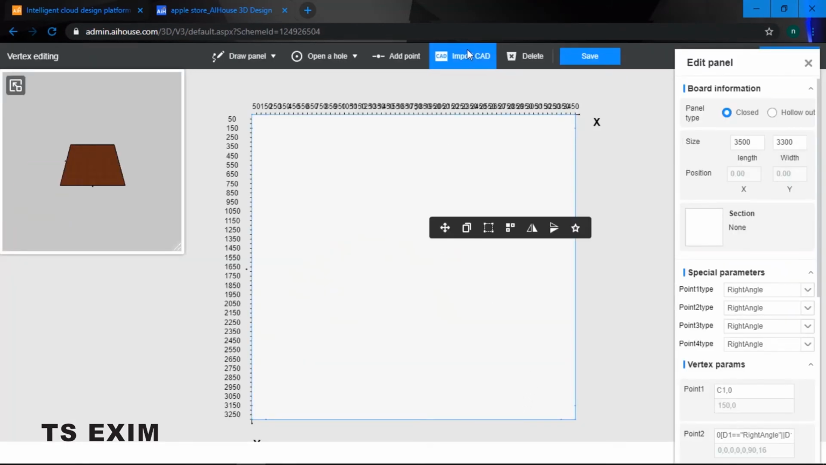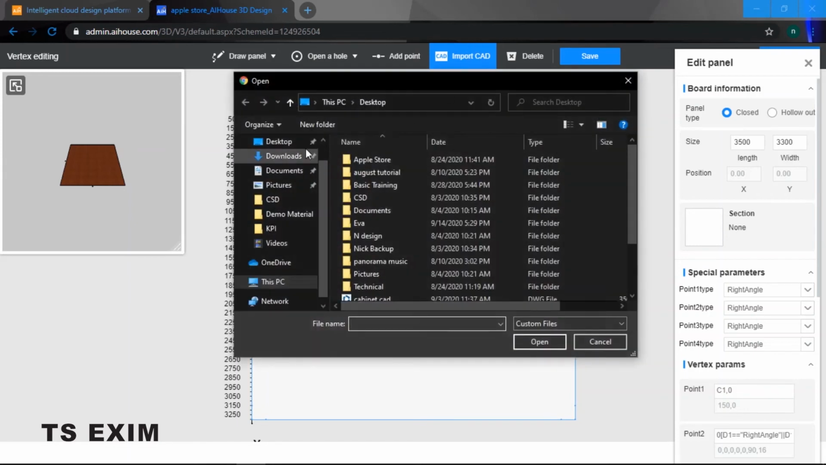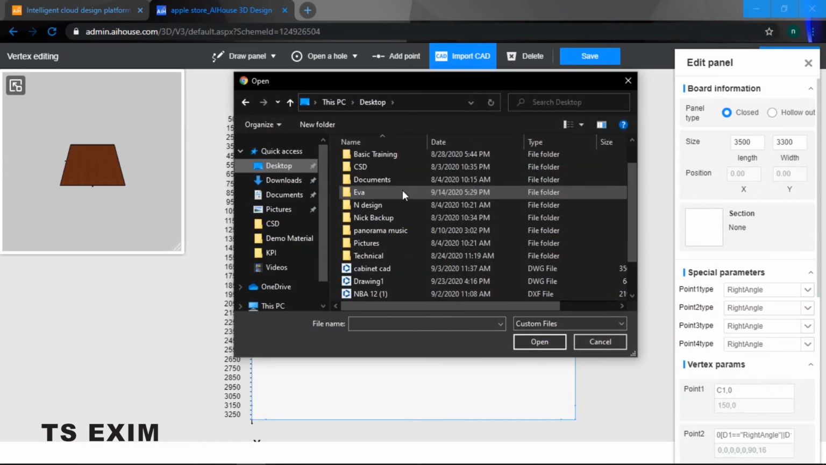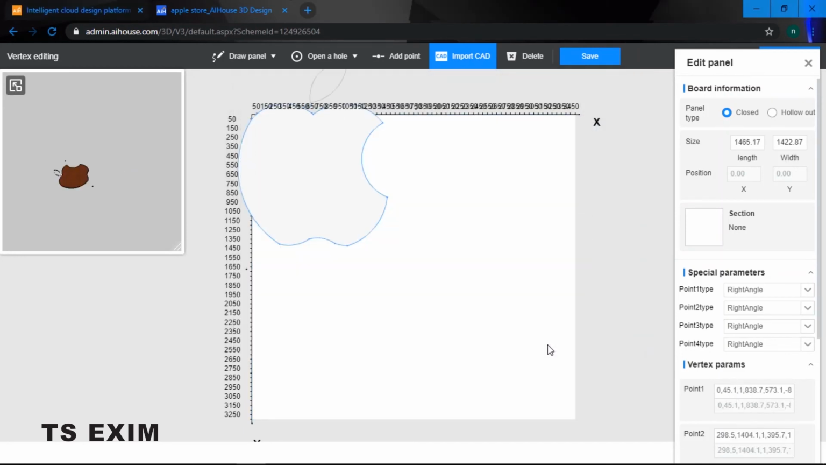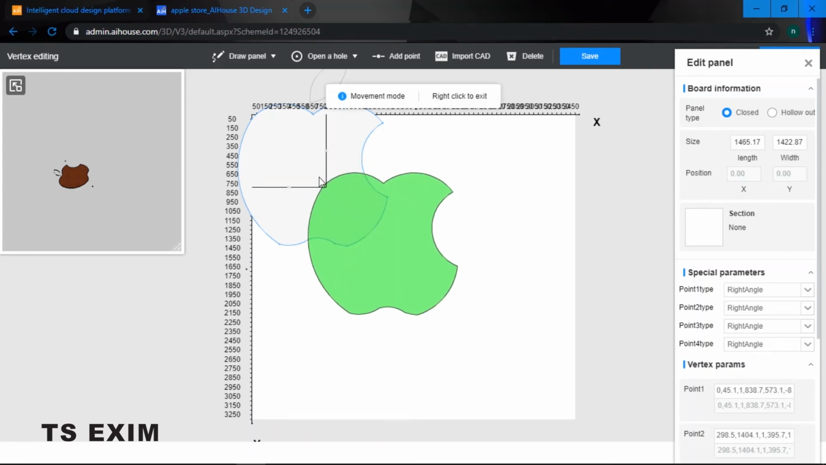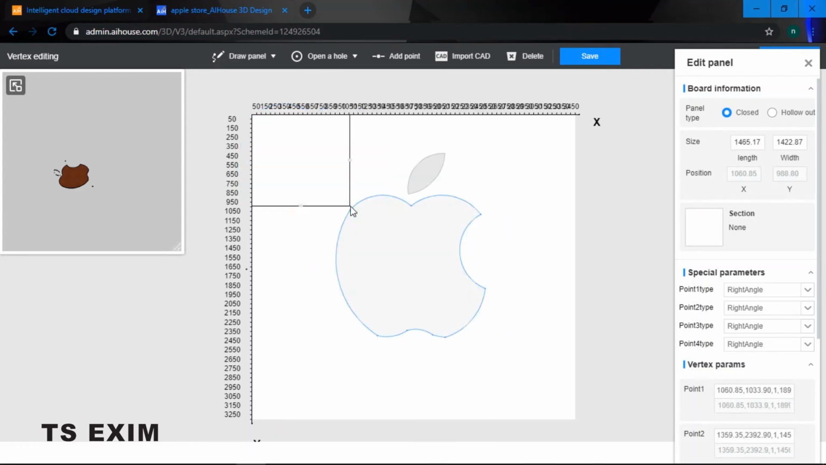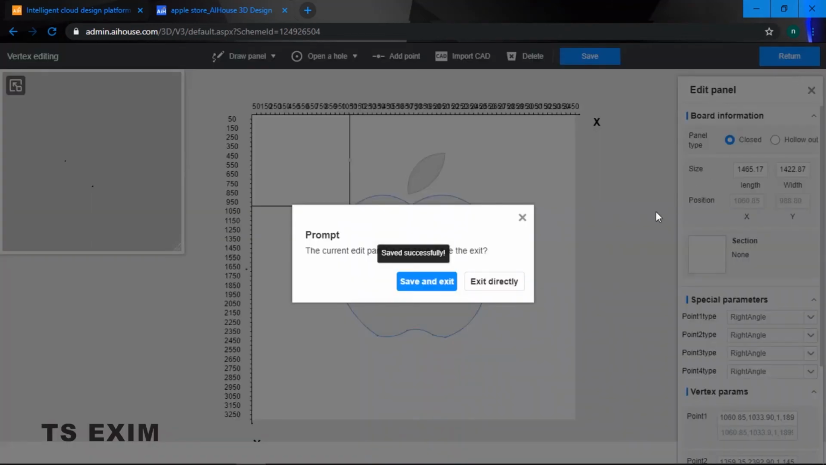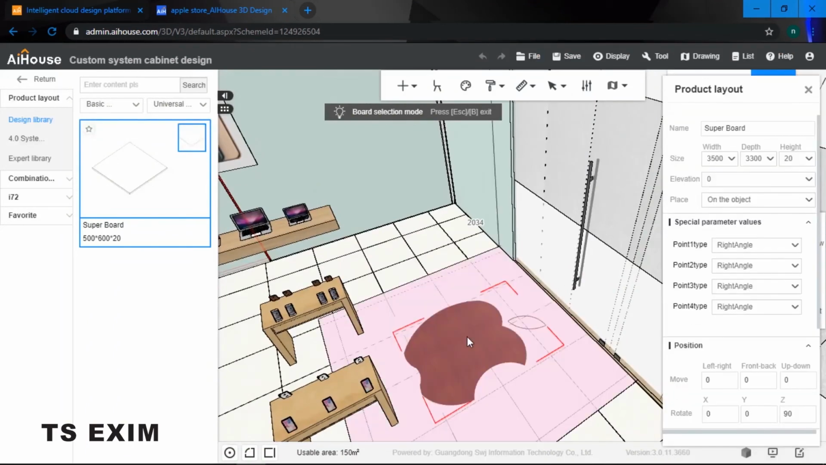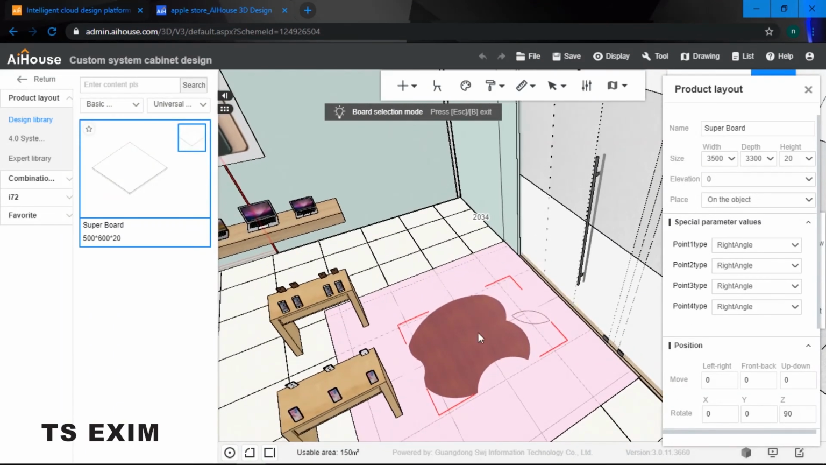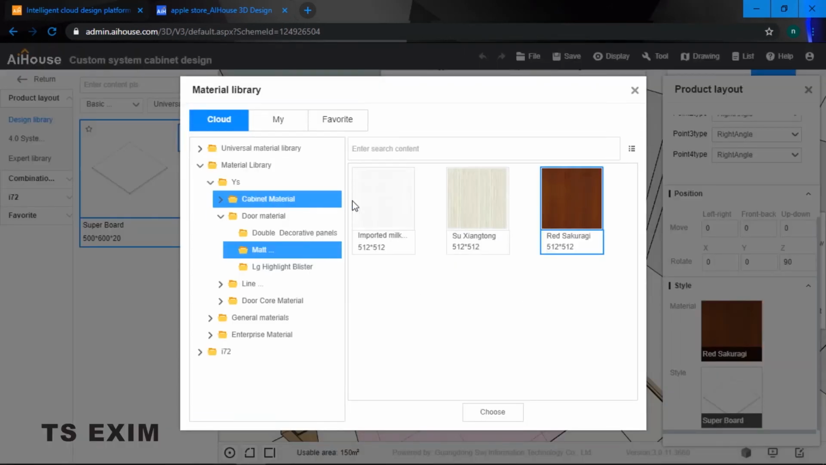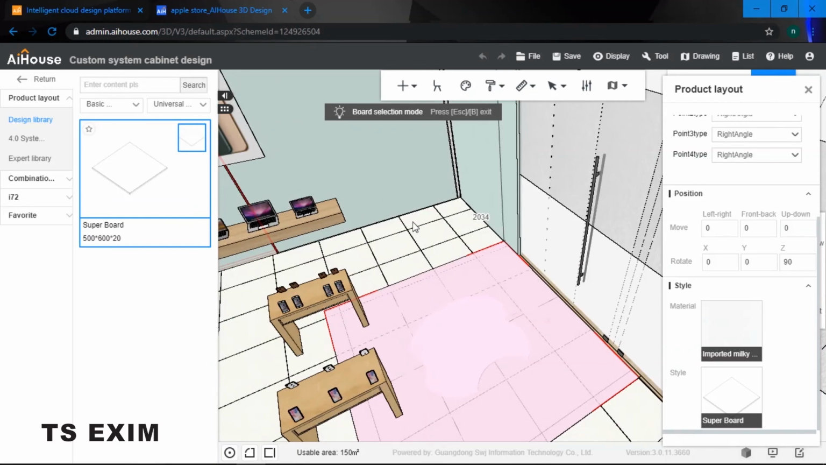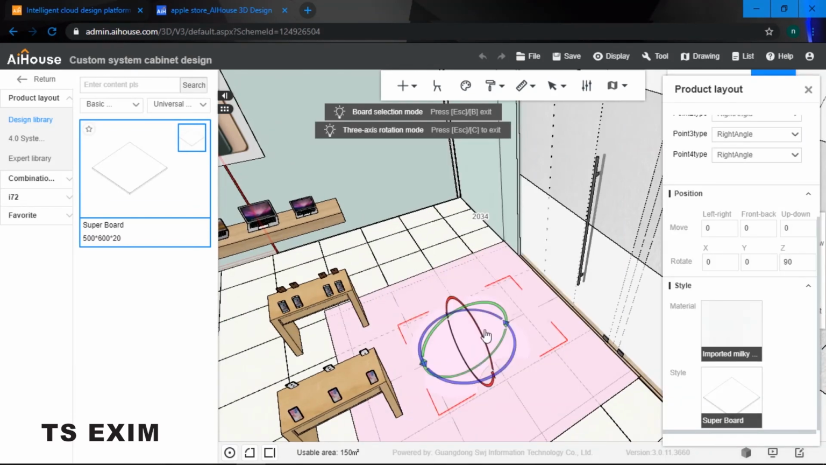is that I am going to import a CAD file which I've drawn in AutoCAD. Okay, so I'm gonna put in this one. Alright, so to move, click on to move and then adjust your placing, and once you're done, click on save, return, save and exit. Alright, and of course you want this to be white in color, so let's go for an imported milk color. Okay, so click on X,